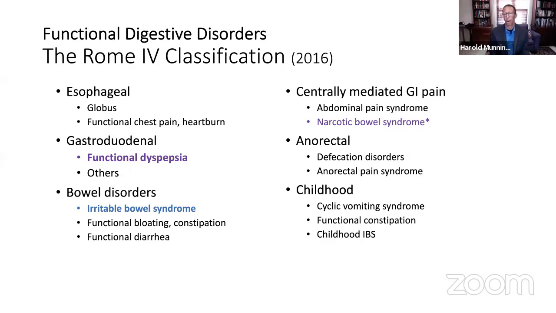And I put a little star by narcotic bowel syndrome because just last month, I was referred a patient who had narcotic bowel syndrome, just recently discharged from hospital. Multiple surgeries, back scarred from previous L this and T that, fixing, abdomen scarred from gallbladder removed and appendix removed, knee scarred from multiple surgeries, numerous visits to the emergency room in severe pain, only pethidine or morphine gives relief. And I was consulted because